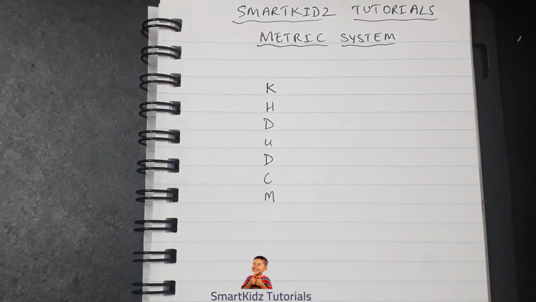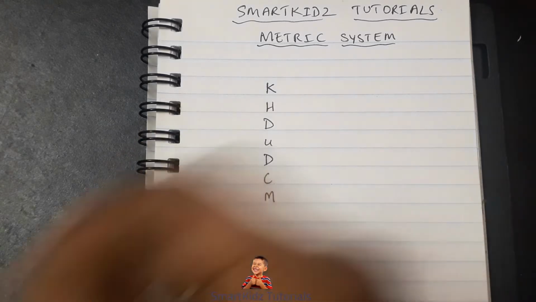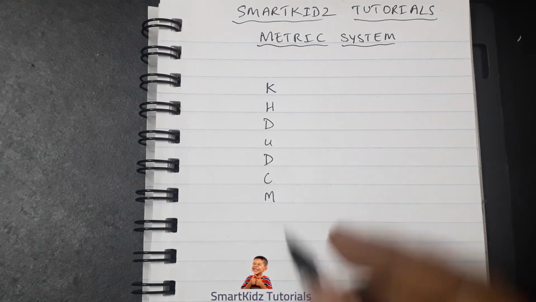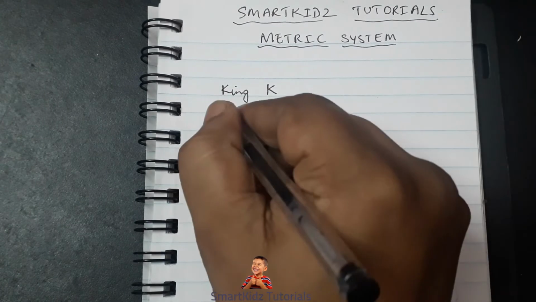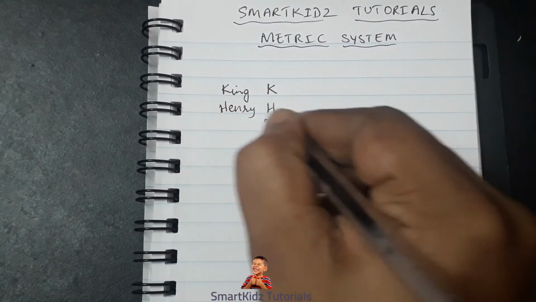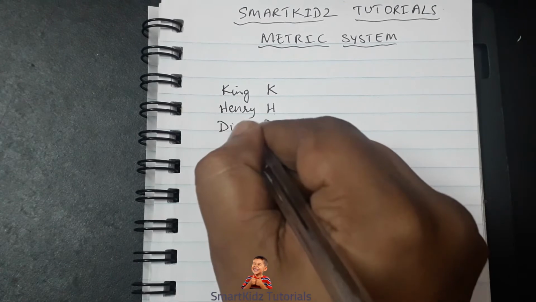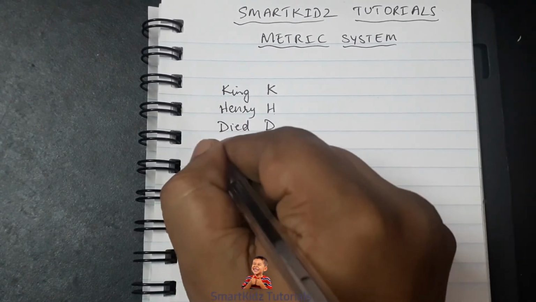I've listed down a few letters that you can see in front, which are K, H, D with a small u, capital D again, C, and capital M. Now, what do these letters have to do with your metric system? We'll first write down what I would like you to remember, based on our story of King Henry. So, K stands for King, H stands for Henry, D stands for died,